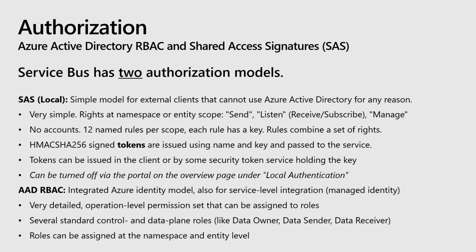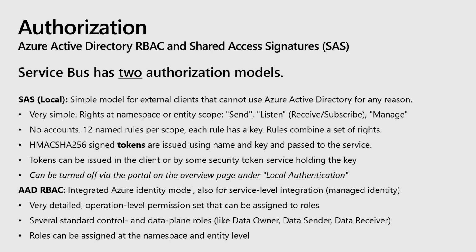Service Bus has two authorization models. One is for SaaS, shared access keys. If you want a model where you simply have a name and the key, you can do that. Or you can have the full AAD, Active Directory identity integration, which means you can use authorization against Service Bus without being integrated in AAD, right? Username and password in the simplest case,